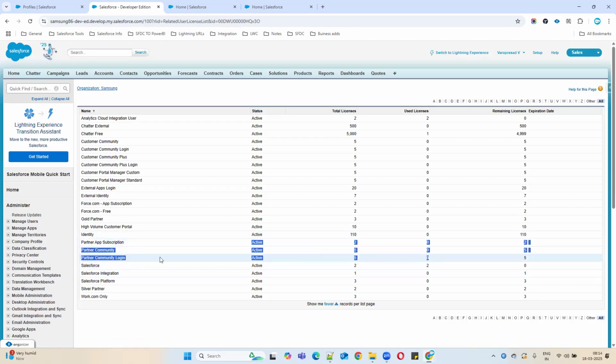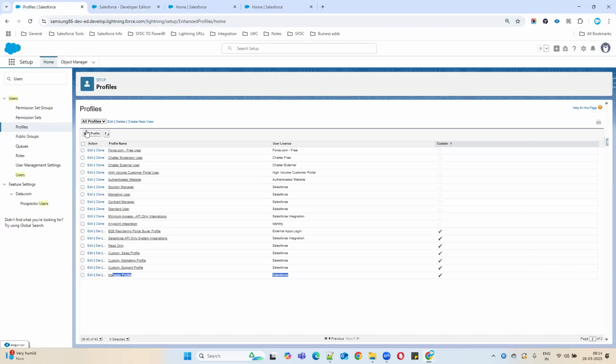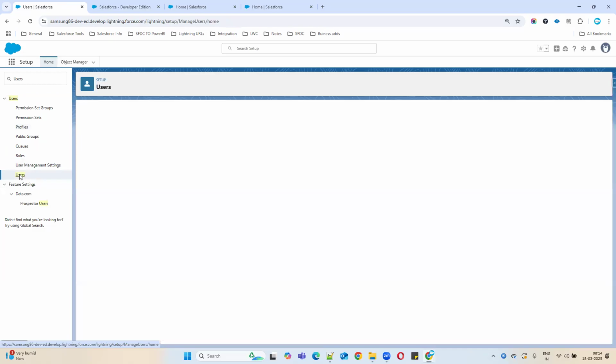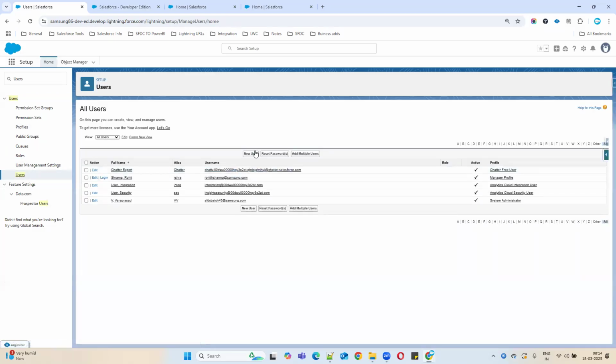How many are they providing? For partner community, they are giving 5 licenses, so you can create 5 users, 5 partners. Same for all of these; Salesforce license is 2. So based on the license only, we can select the profile. For example, if you go to users and click new user,